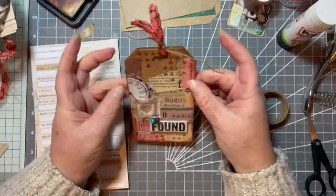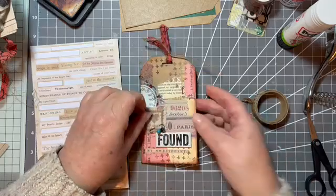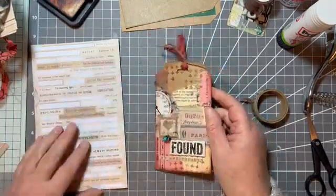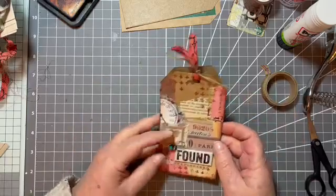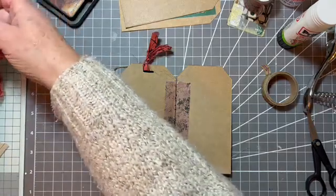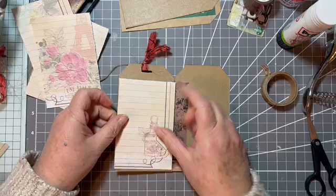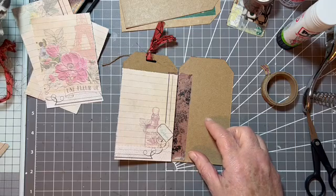Right, I think that makes a difference. Okay, now I don't know how long that is. Let me see. Oh, that's just over half an hour just to do the front page. But so this second one is only going to have the lined paper, and then this one is going to have one of the photographs